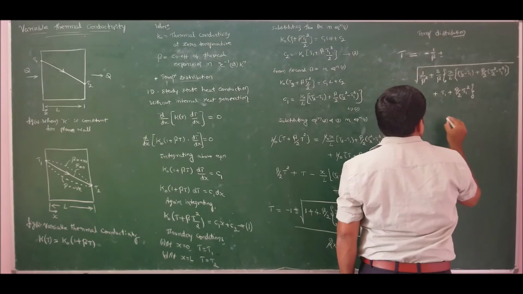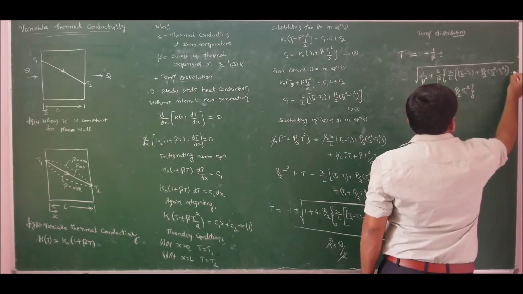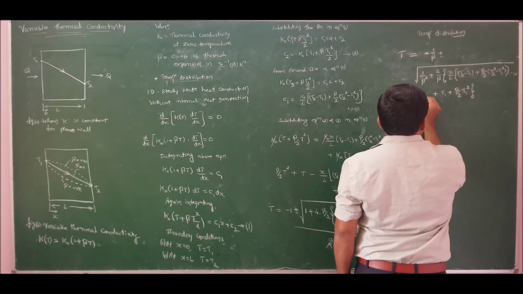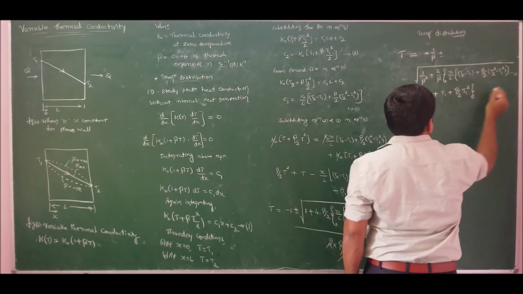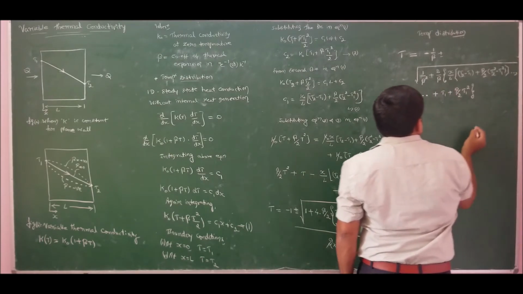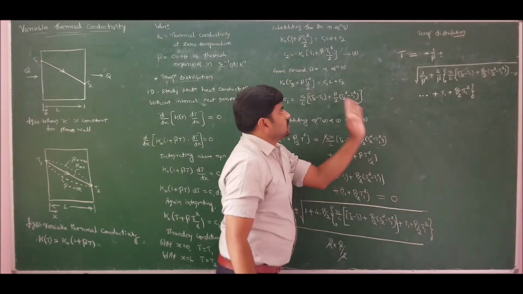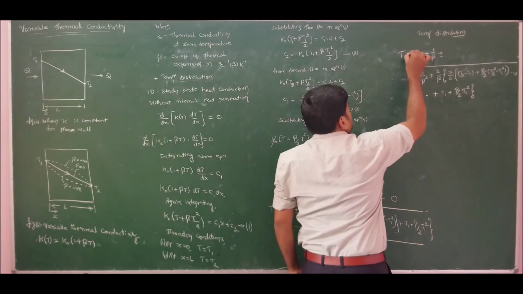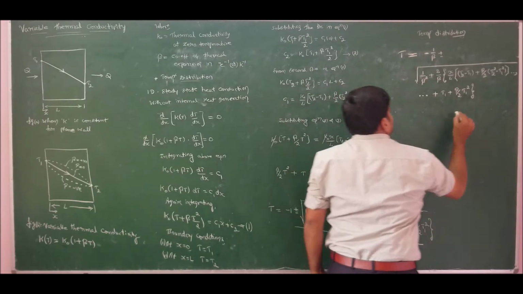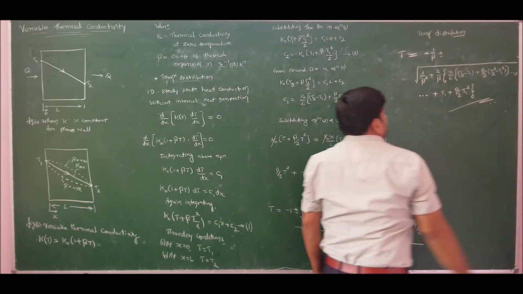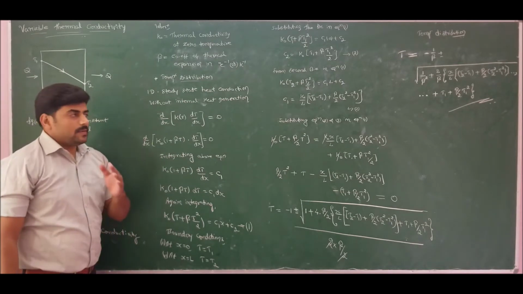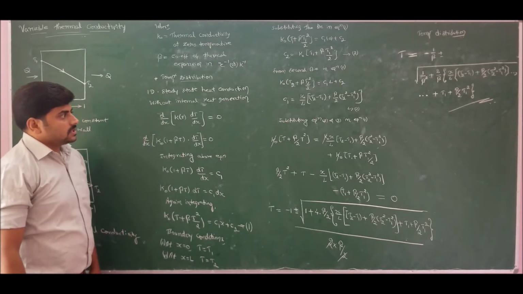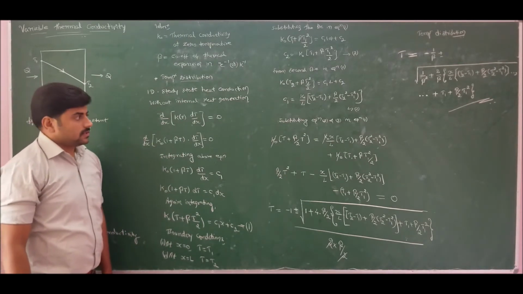So this is the expression for temperature distribution. We have continued that here. This triple dot stands for continuity, so I continued that here. So this is the expression for temperature distribution for variable thermal conductivity through a plain wall. Let me pause this video for a while so that you can copy it down. Later we will solve for rate of heat transfer.